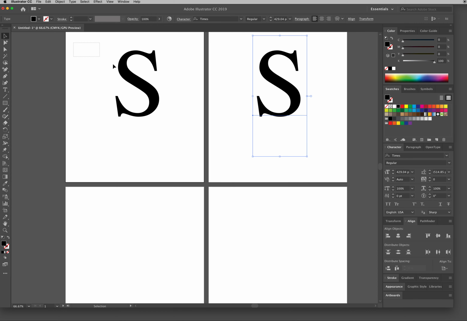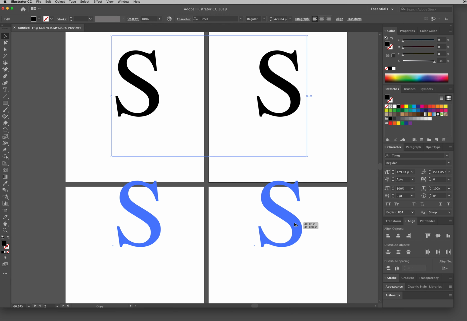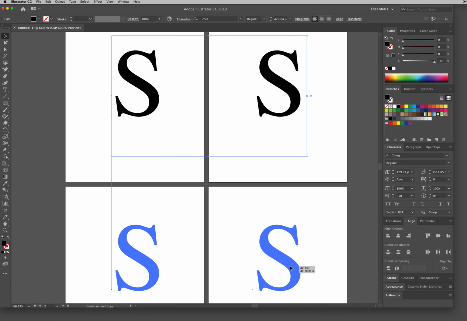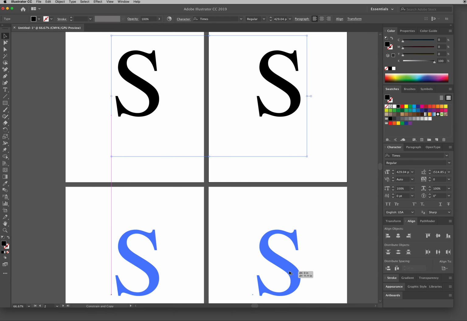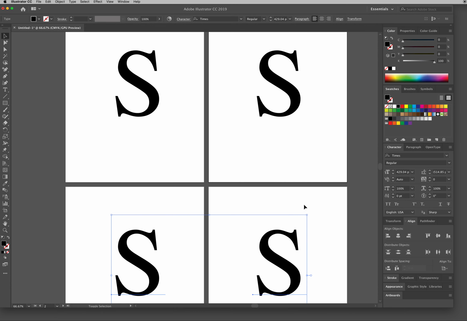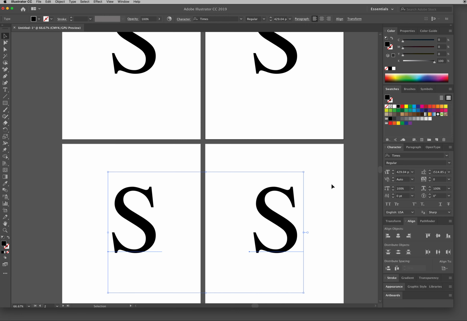I can rubber band select both of these. So with my move tool, I'm going to rubber band select both of those, hold down Option, and then click and drag while holding down Shift, and then let go of my click, and then let go of my keys on my keyboard.